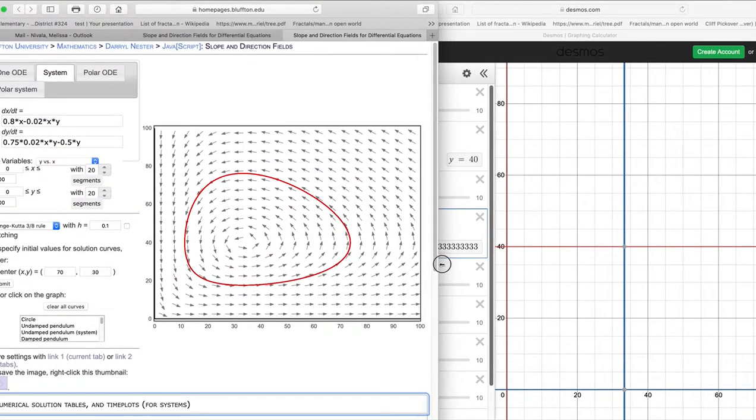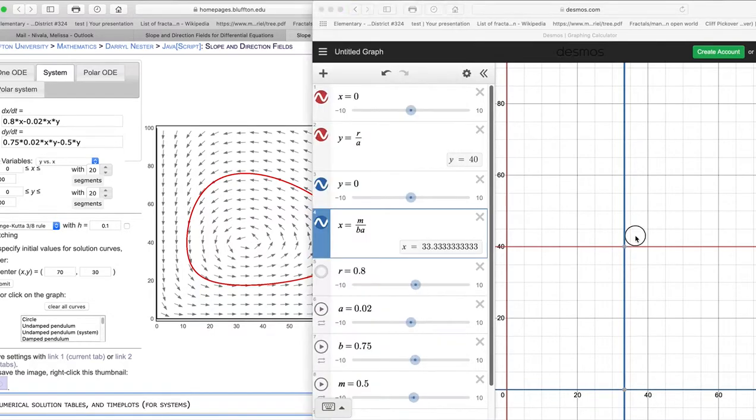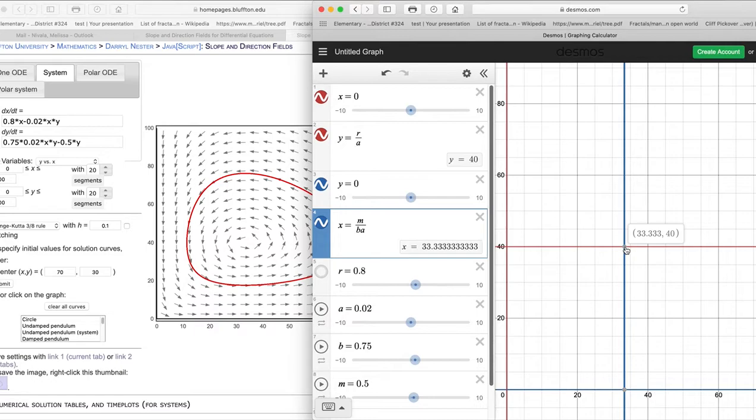As I hover my cursor over this picture, you can see that the center of all the swirling in the vector field is located, keep your eyes down here when I have my cursor right there. It's located at the value around 33.3 and approximately 40. That's the same fixed point that we just found over here on Desmos. You see? The actual theoretically predicted equilibrium point, sorry, I keep saying fixed point, is 33.3333. Really, it's 100 over 3,